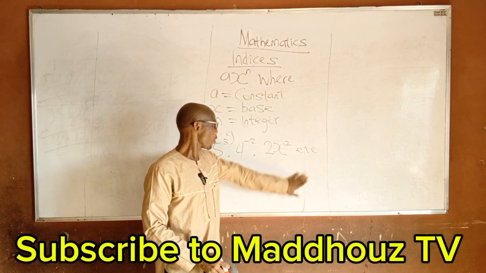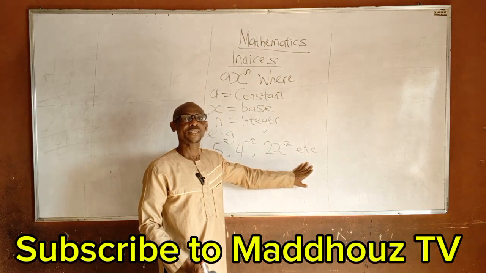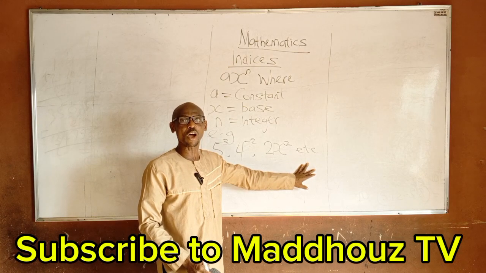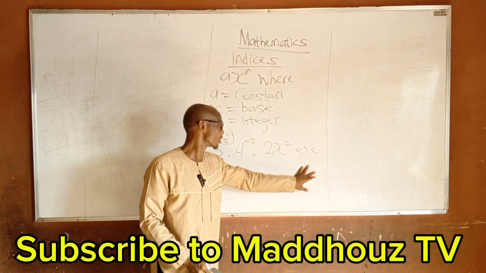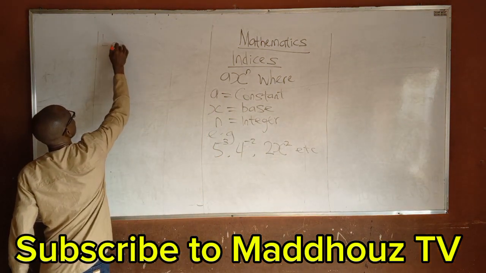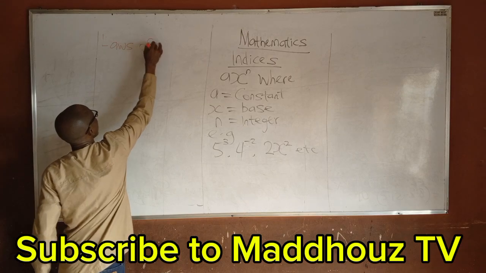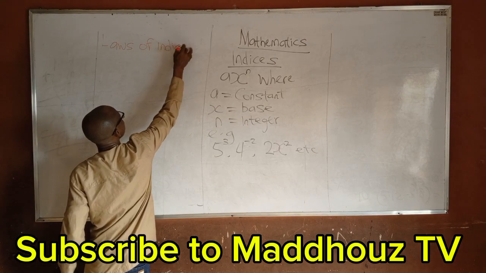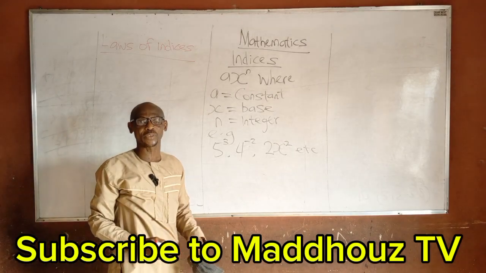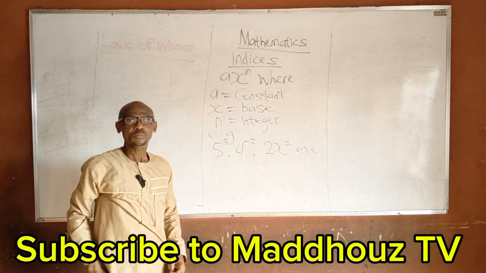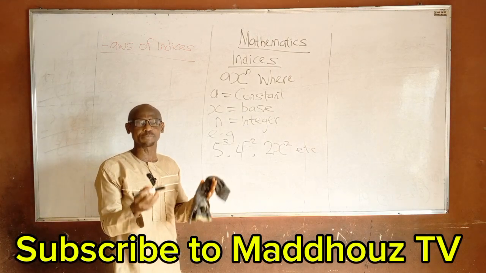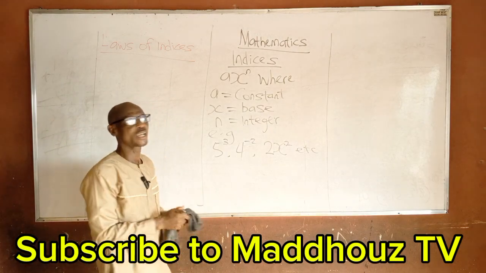Now, today we are going to look at the basic laws of indices, the laws that guide indices. What are some of the basic laws of indices? We have 6 basic laws of indices, and they are: